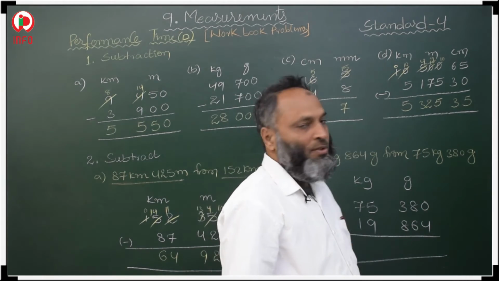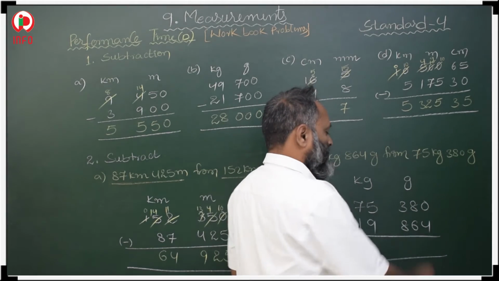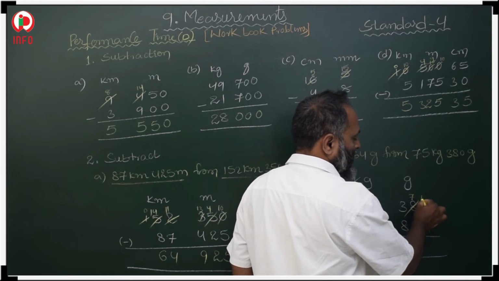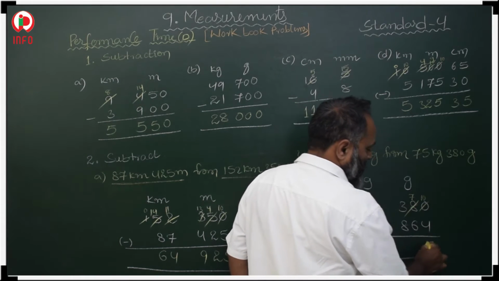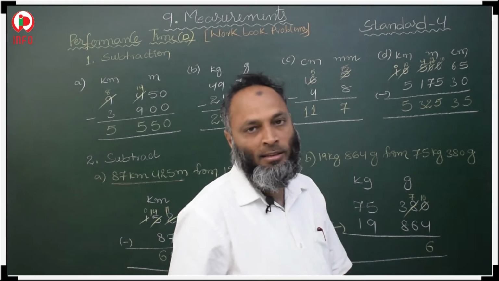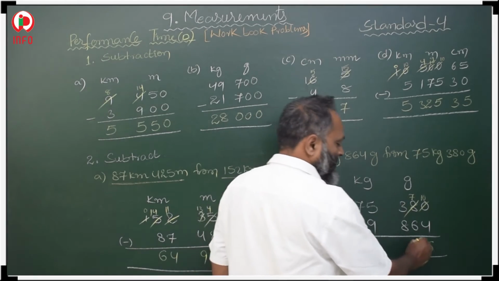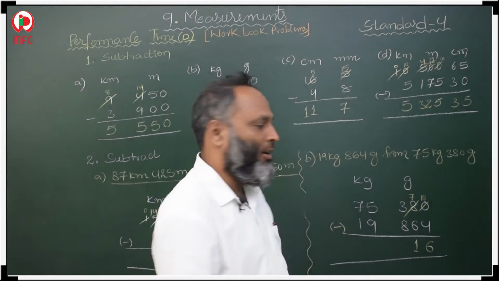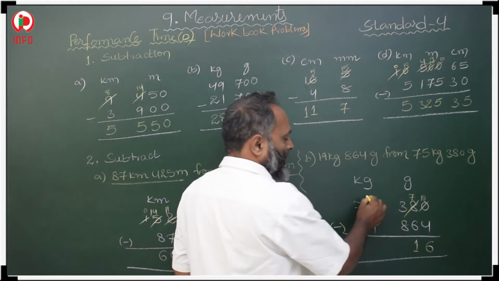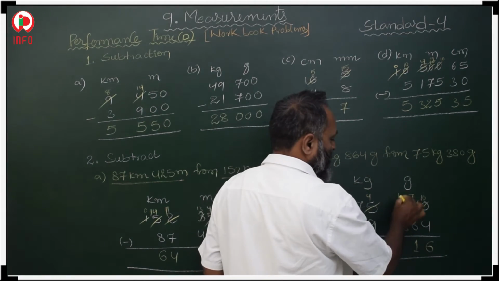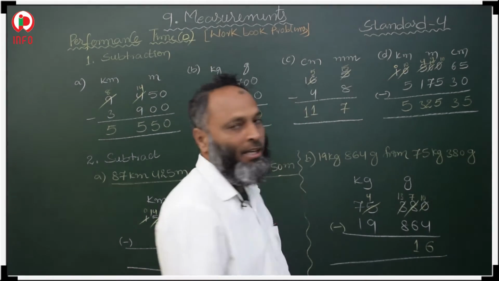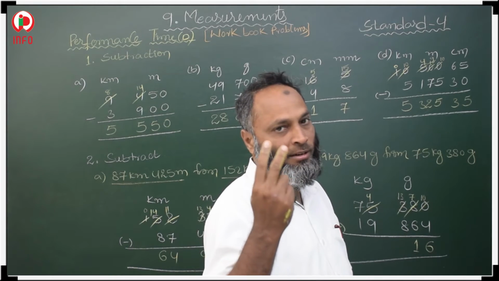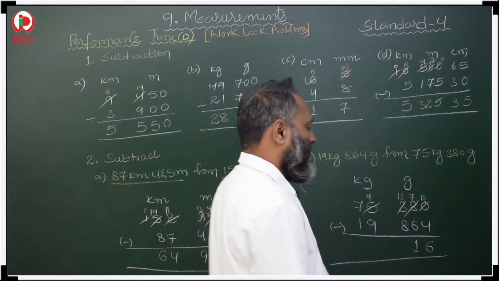0 minus 4, for the extreme right digit we cannot subtract. So borrow from here. It will decrease by 1. Here it will increase by 10. 10 minus 4 is 6. 7 minus 6, so these are consecutive numbers. The difference is 1. 3 minus 8, again we cannot subtract. So borrow from here. You will get 4 here. You will get 13 here. 13 minus 8 means 9 to 13 we have to count: 9, 10, 11, 12, 13. It is 5.